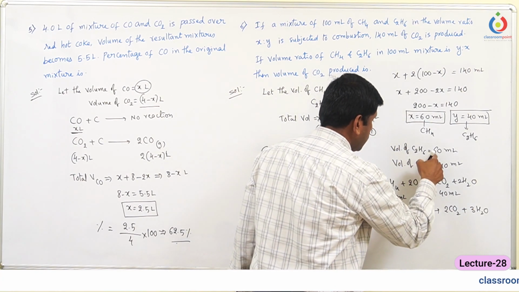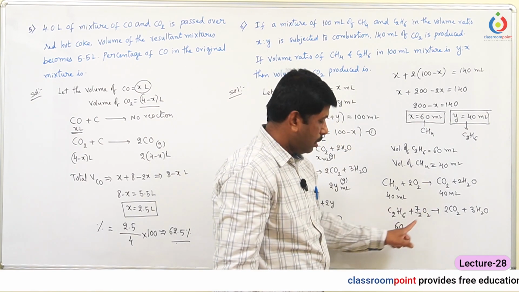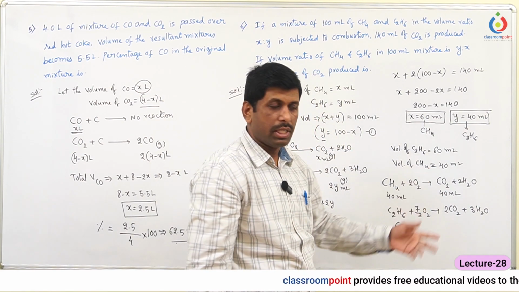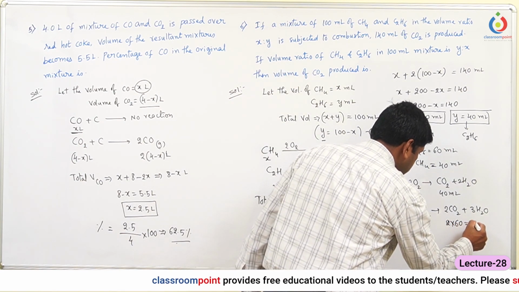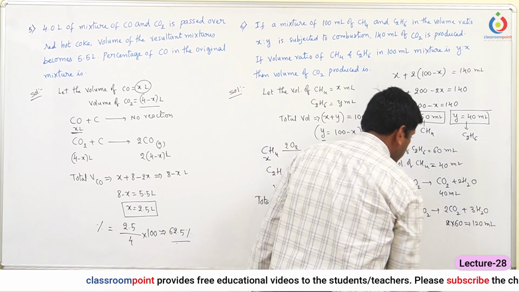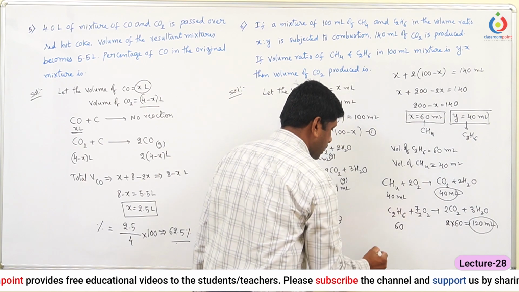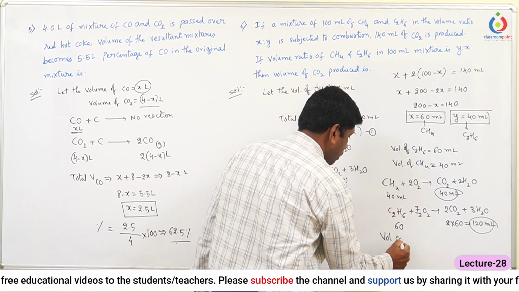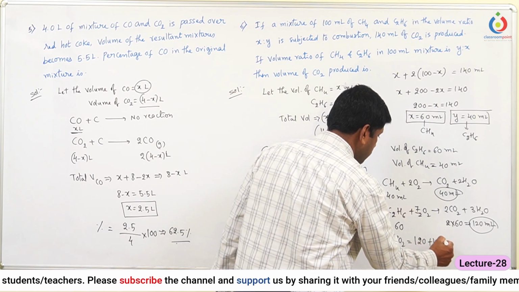Here ethane is 60 ml. 1 mole gives 2 moles, so 60 ml gives 2 into 60, that means 120 ml of carbon dioxide. So the volume of CO2 produced in the combustion reaction is 120 plus 40